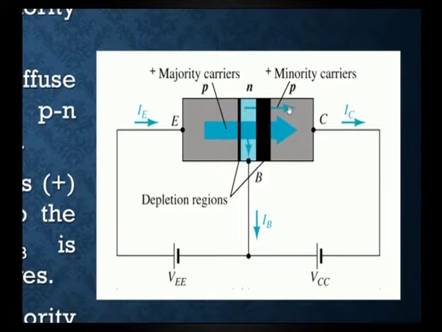This is caused by the injection, and also the majority carriers present in the N type material cross the junction and reach the P type material; this is due to the diffusion process. So, we can say the collector current is formed due to both the minority carriers and the majority carriers. It is the sum of the minority carrier current and the majority carrier current. What we can observe in the P type material is that the collector current is very high here, as is the emitter current, and the base current you can observe here is very small compared to the emitter and collector current.